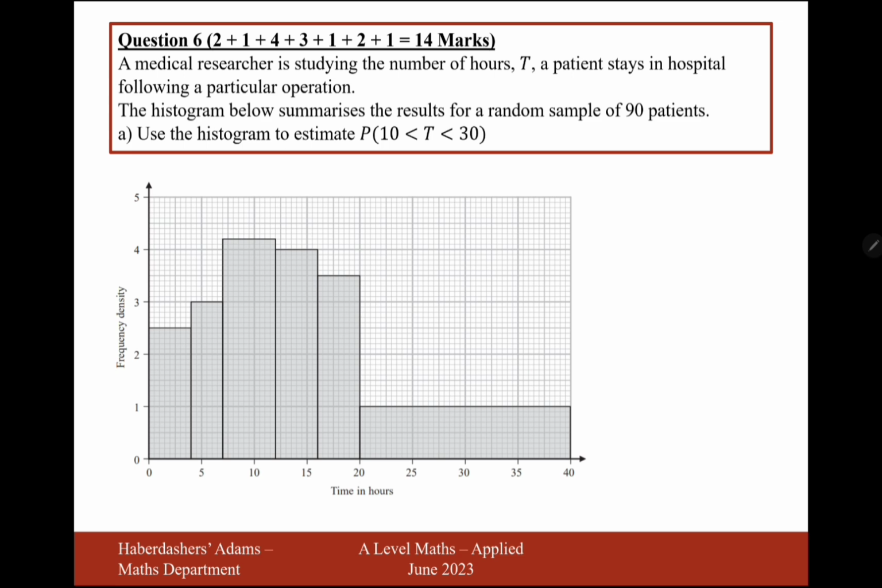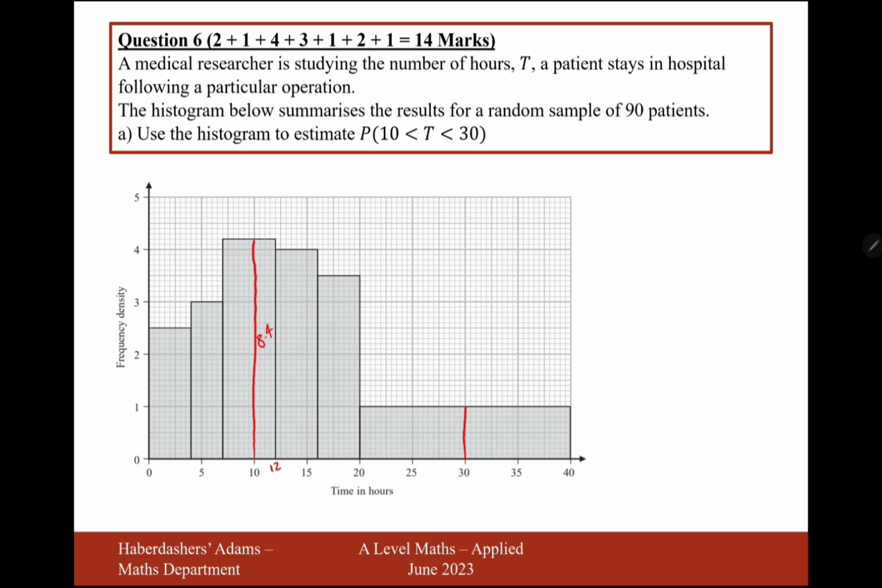Okay, so what we need to do is work out all of the regions between 10 and 30, and work out how many patients are in between these bars. The easiest way of doing that is by working out the area of the bar, which is base times height. So this goes from 10 to 12, so that's a base of 2 and a height of 4.2, so